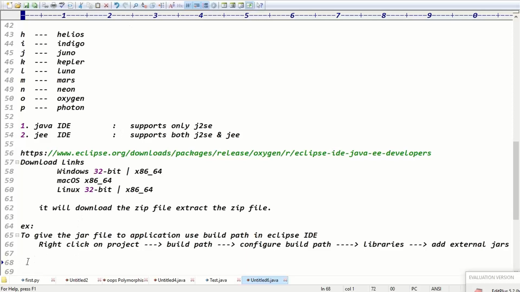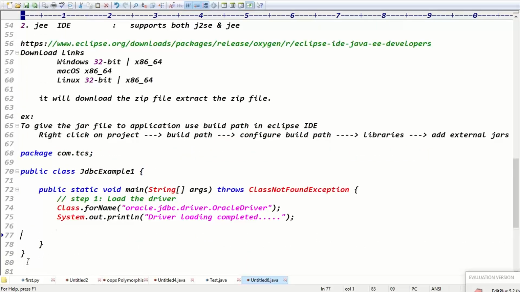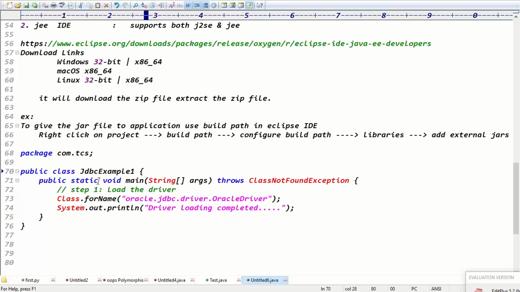Guys, I think the first step, loading the driver, is clear to everyone. Actually, the first step is not yet complete. When you load the driver, some static blocks inside it are executed. The static block will register the driver into the driver manager service. Tomorrow I'll show you the static block, what it registers and how it registers internally. Today we only discussed loading the driver. What happens internally while loading, I'll show you tomorrow in the second step. Guys, is it clear now?